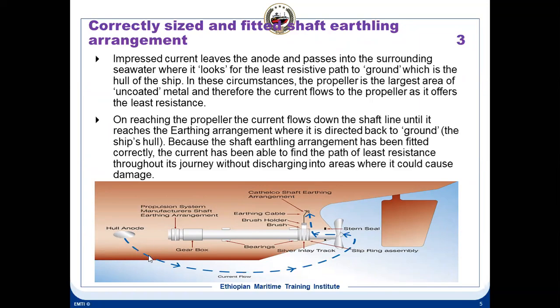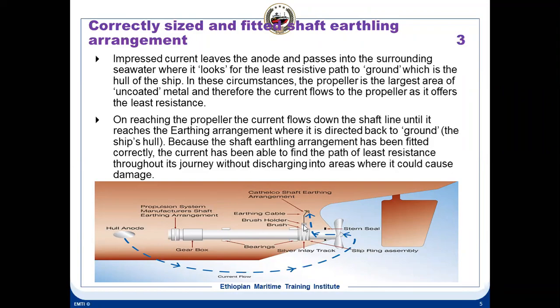And the current which is coming onto this propeller shaft, since the bearings are lubricated by oil, it is like an insulated, so it can damage these bearings inside. This stray current can cause damage to the bearings, as well as to the propeller. It can cause corrosion on the propeller and also the bearings. So this current coming onto the propeller shaft has to be drained. That is why we have the shaft grounding.